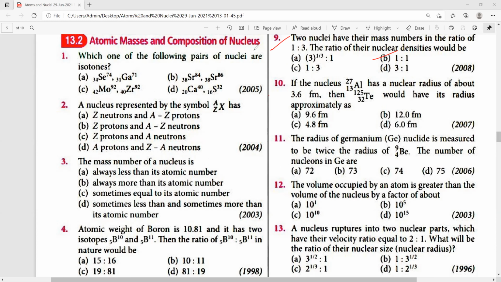Next, 10th one. If the nucleus aluminum has a nuclear radius of about 3.6 Fermi, then for TE would have its radius approximately 9.6, 4.8, 12 and 6 Fermi they have given. For 10th one,